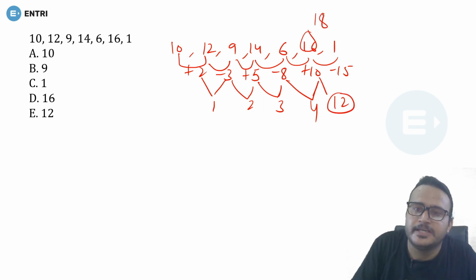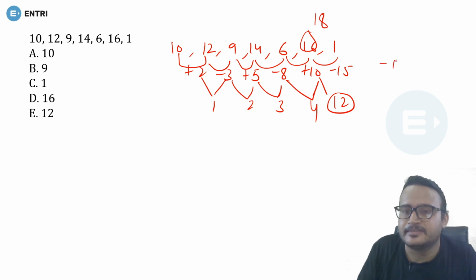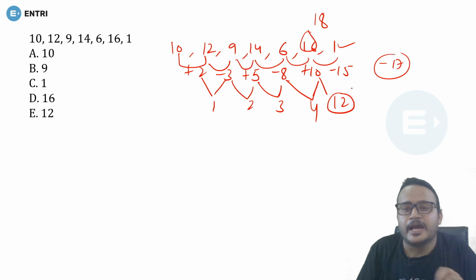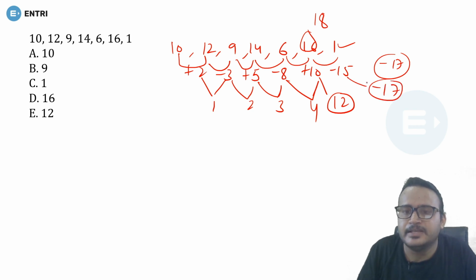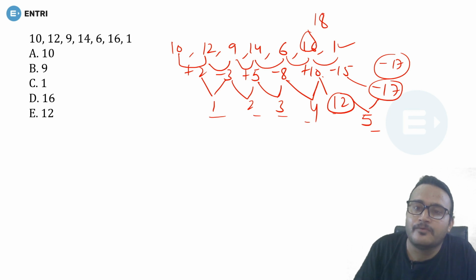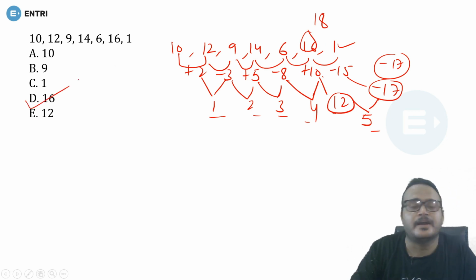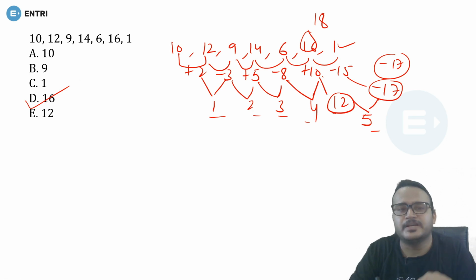will become 18, and 18 minus 17 will become 1, and if you have minus 17 here, that means you will have the difference of 12. If the number is 12 and here will be 17, so the difference of 5 will be there. So 1, 2, 3, 4, 5, then the series will be correct automatically. So you must have 18 here rather than 16. So guys, your 16 will be the right answer. You can say 16 is the wrong number in the given series.